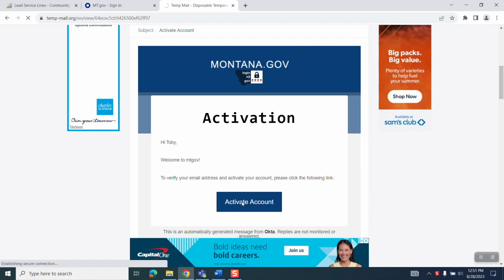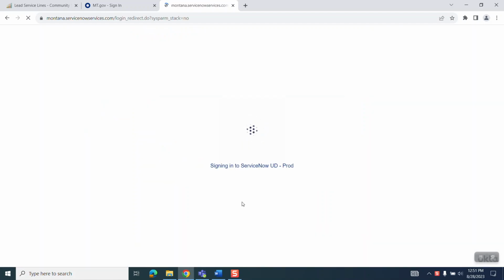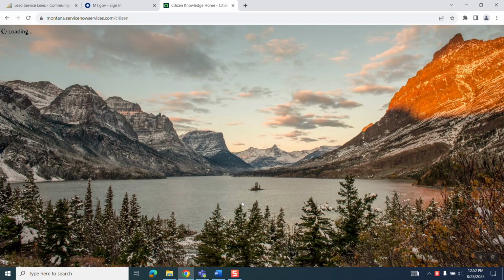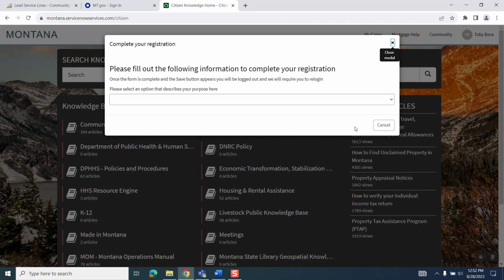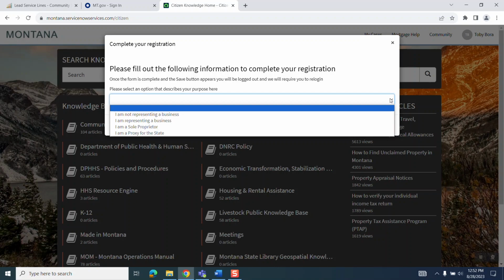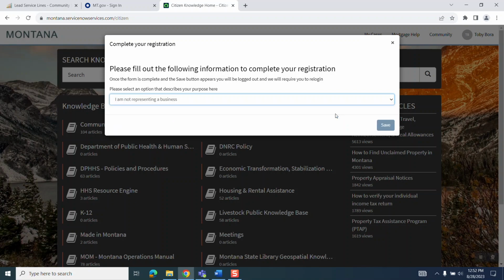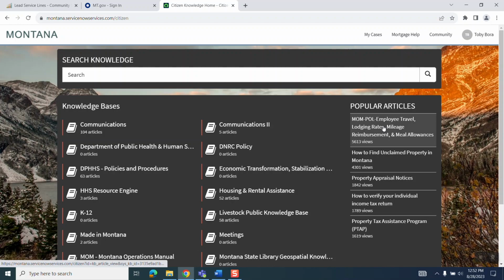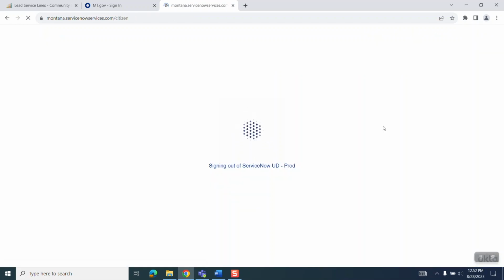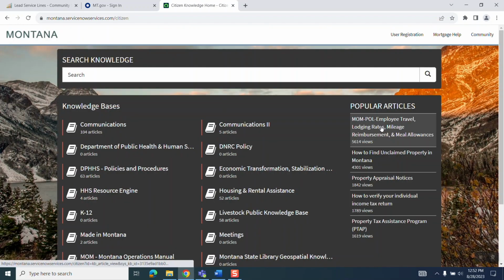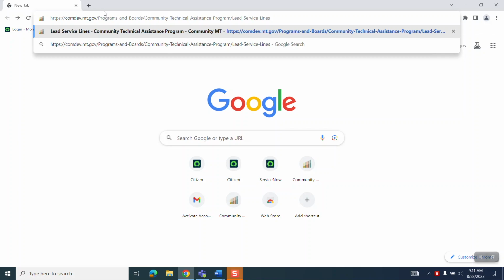Click on Activate Account. Upon activating your account, you'll receive the following pop-up form. Click on the option that pertains to your entity. If you're unsure which option to select, click on I am not representing a business. Once you've entered the information, click Save. You'll be redirected to the following page. Close out the page. Go back to